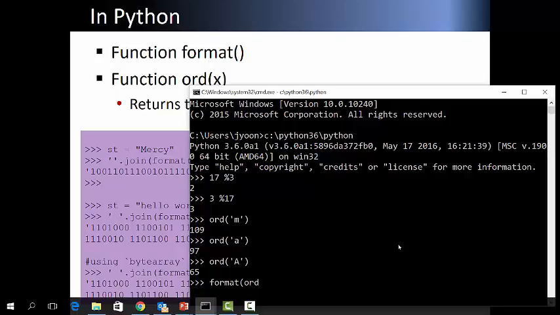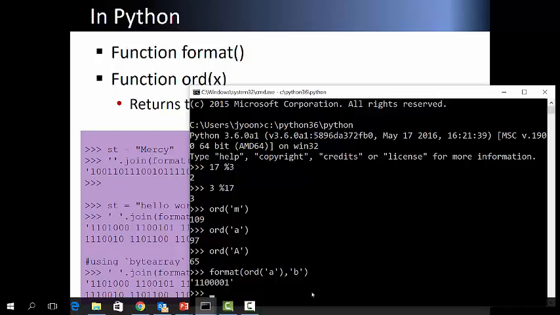This format function can convert the ordinal number, ord of small a returns 97, which is the 97th in that ASCII number. We want to change it to b for binary. I want to reformat this 97 in binary code. When I enter this, it returns the binary code of small a.